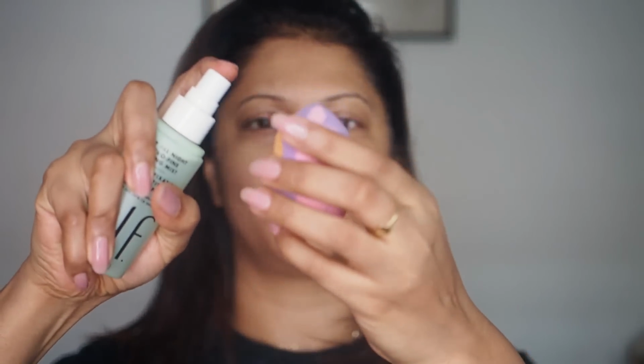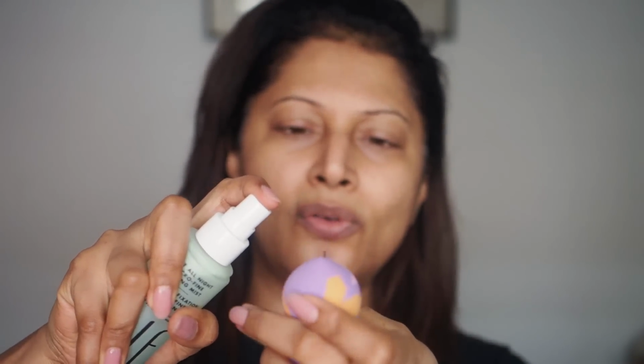It reminds me so much of that mist kind of makeup setting spray that came out of Morphe and PAC. But something about this is very refreshing, cooling and hydrating. I put this in the fridge basically, and I'm just going to look at that mist. Yeah, it's so fine. And what I'm going to do is dab that sponge